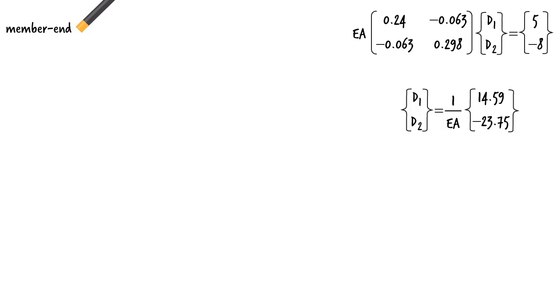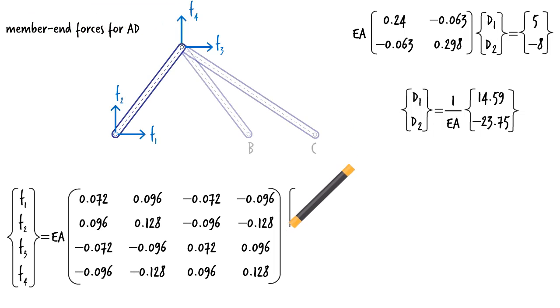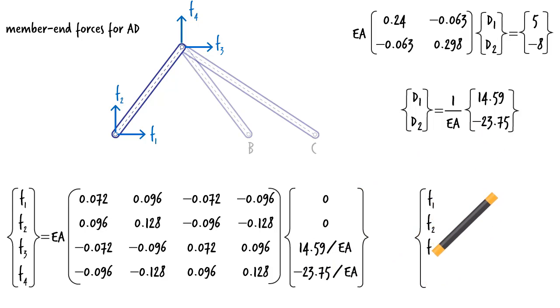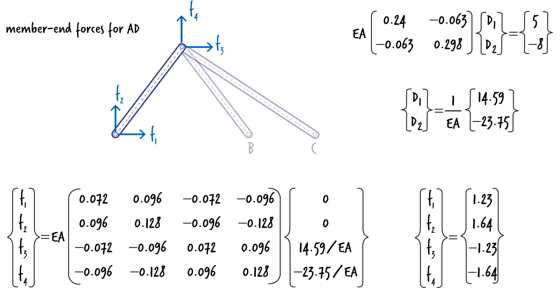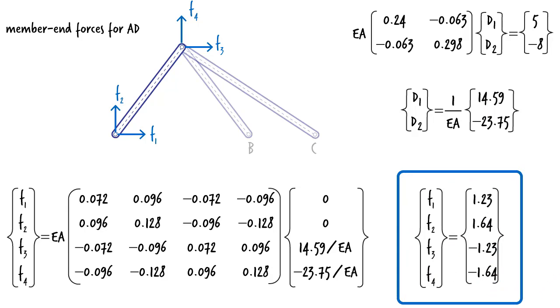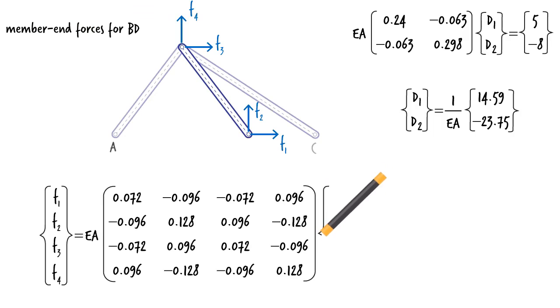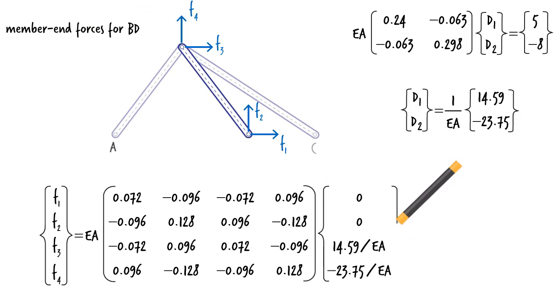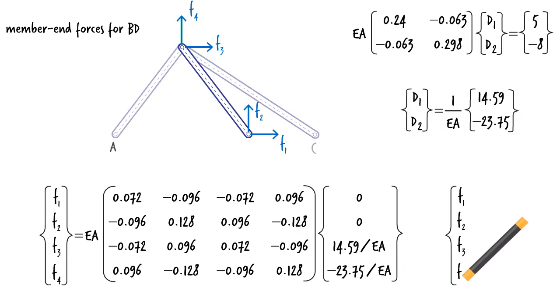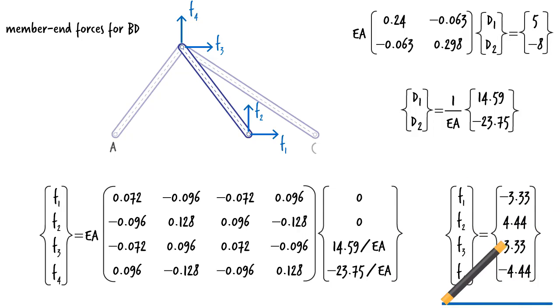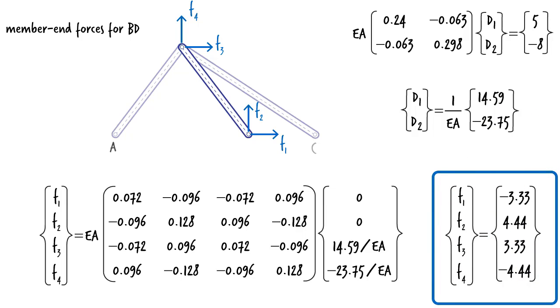For member AD, we have, or, for BD, we get, for CD, we have